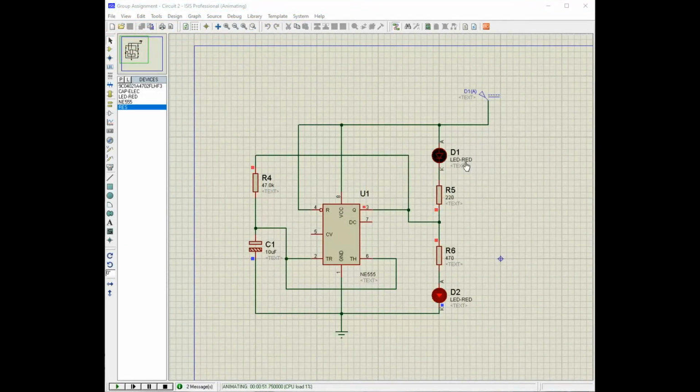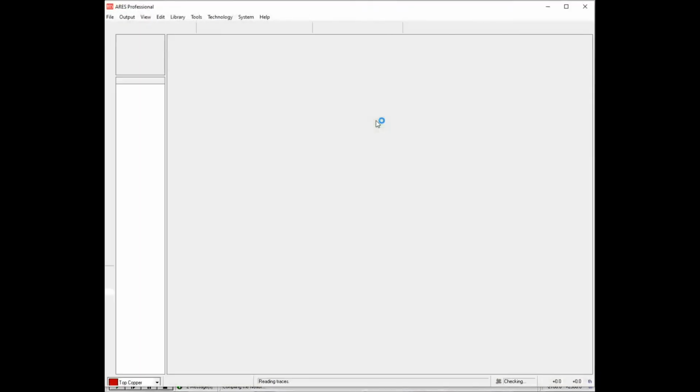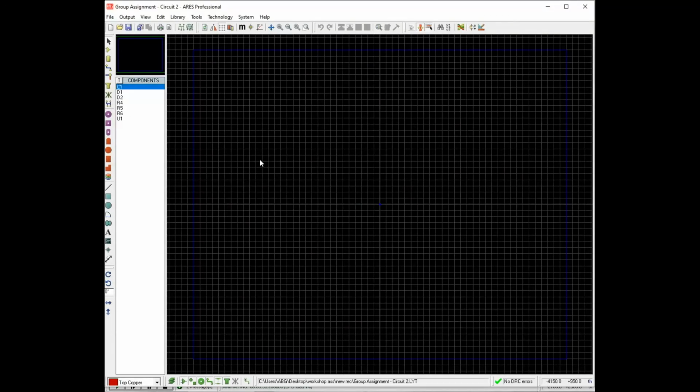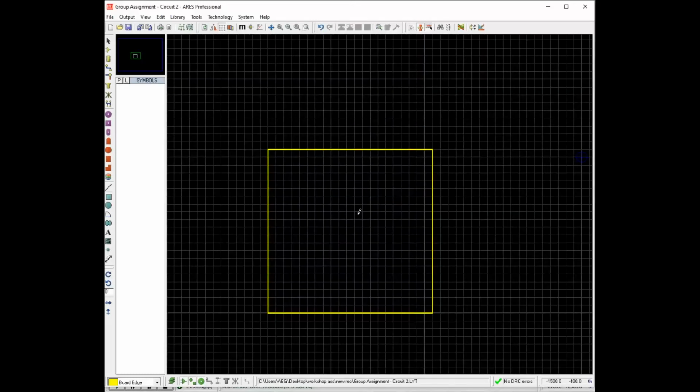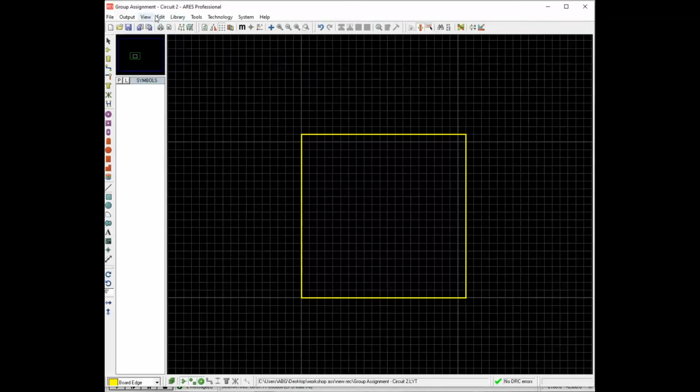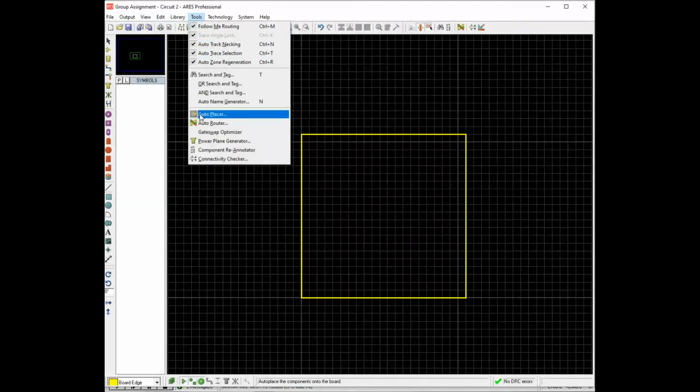Moving on to the final output for this flashing light circuit, we will be using Proteus ARES for the 3D visualization output. First and foremost, we have to create the board edge by selecting the board edge. Then draw the circuit to your own preference. Then proceed to tools and select auto placer